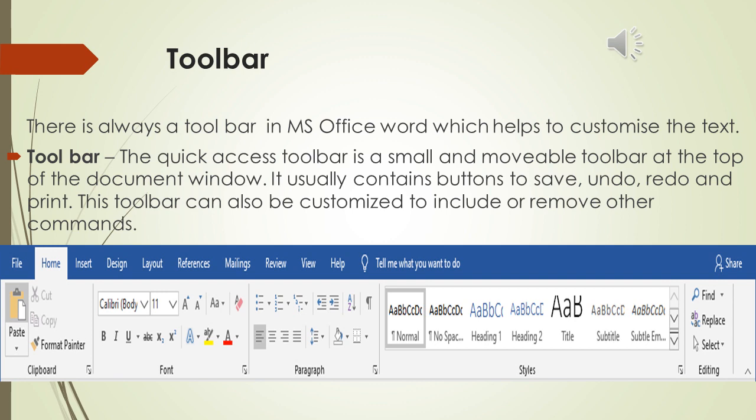We can make it bold, in italics, in underline or subscript, like we use in chemistry, like H2O we can write here, and raised to power of something we can also write it here by customizing. Then we can make it capital or small. We can color the fonts also.